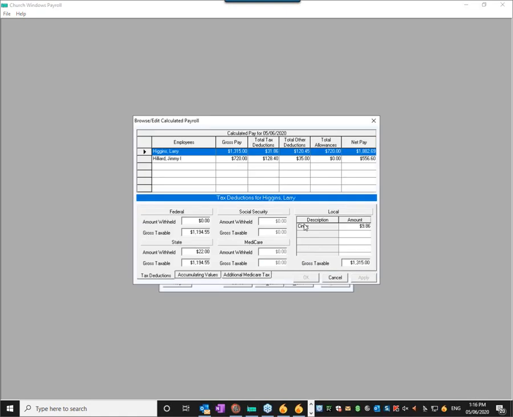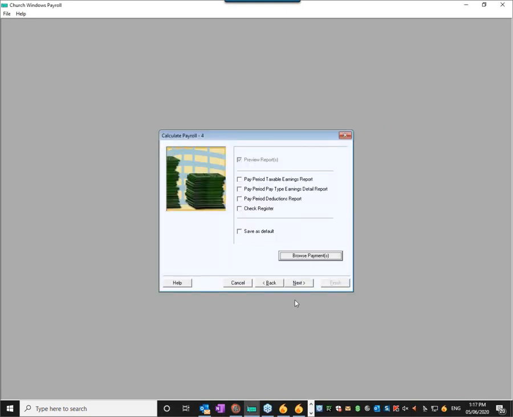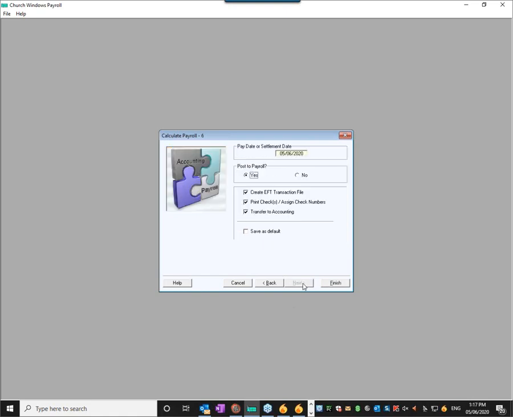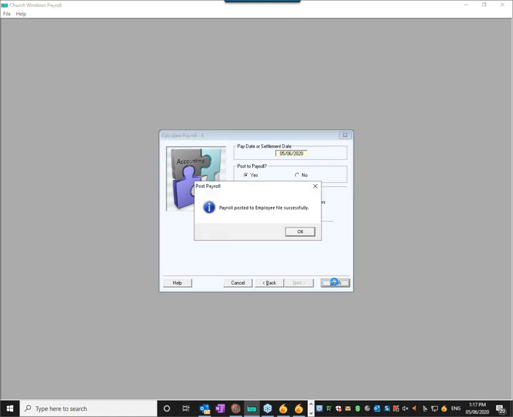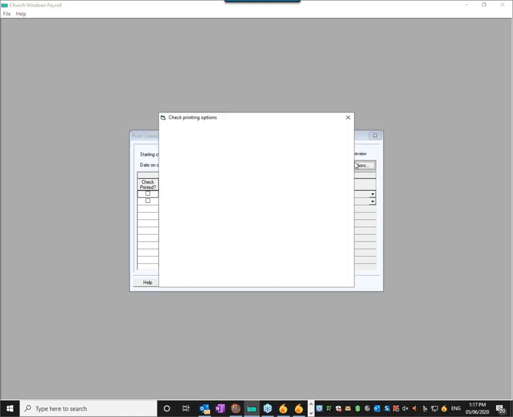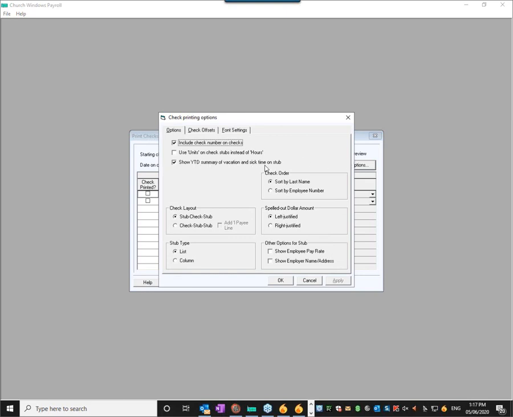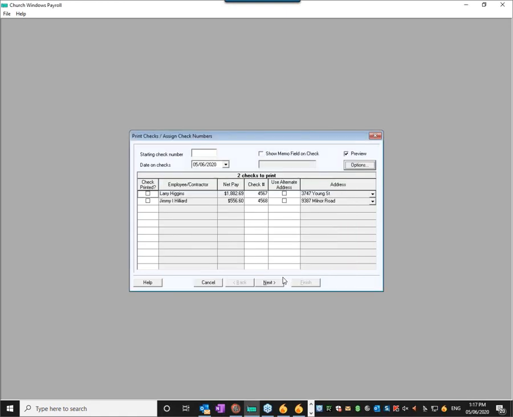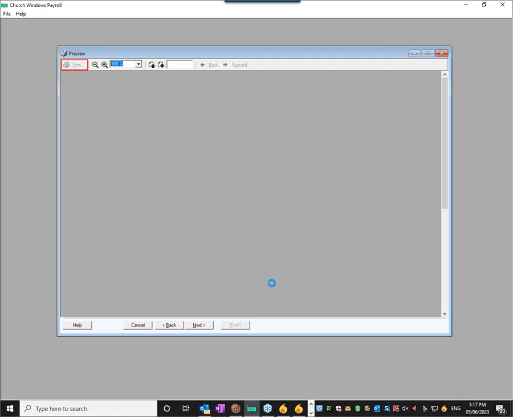Okay? And then I would just go ahead and process the pay virtually exactly like I would normally. Check the net pay amounts under the browse calculated payroll. It looks good. I'm ready to process and calculate my pay like I would normally. We're not going to create the EFT transaction file, folks, for speed and expediency here. So it now posts to the employee file successfully. Now it's printing my checks. And I want to make sure that my year-to-date summary for vacation and sick time on stub is checked to include on the stubs. So now when I click next,